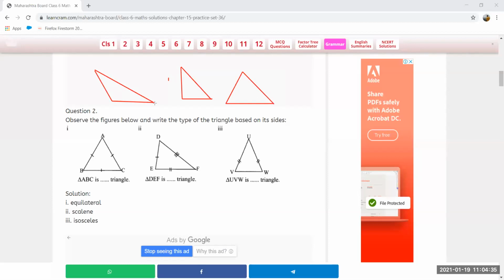Now see students, if one of the angles in this triangle, for example, if this is triangle A, B, and if this is C. Now tell me students, this triangle ABC is which type of triangle based on angle? On the basis of angle, we have seen three types of triangle. So triangle ABC is what?